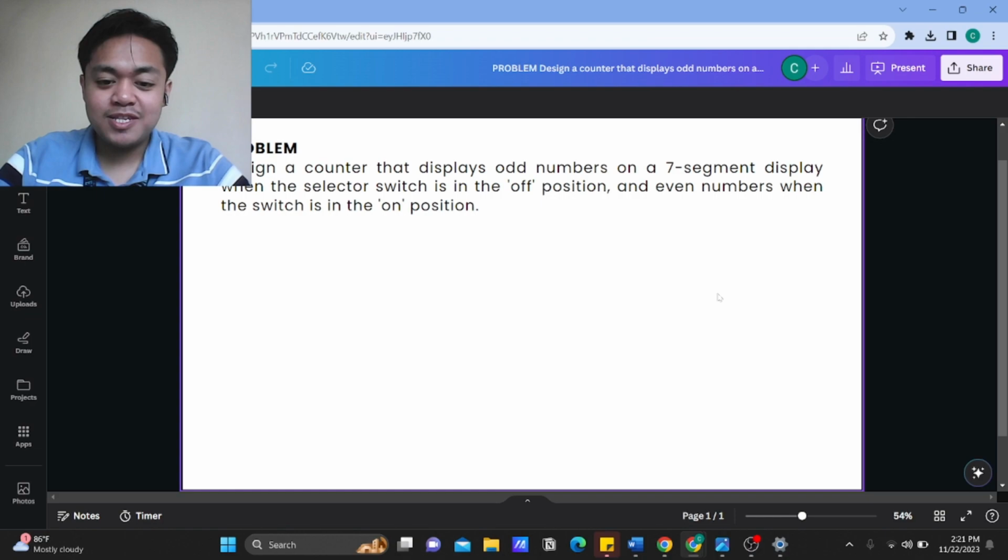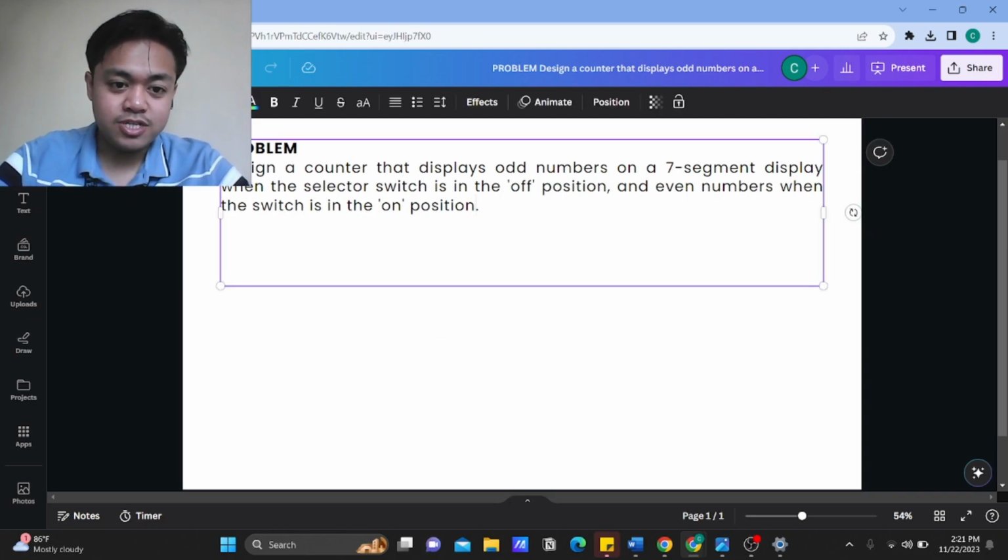The problem states: design a counter that displays odd numbers on a 7-segment display when the selector switch is in the off position, and even numbers when the switch is in the on position. Now, in a first